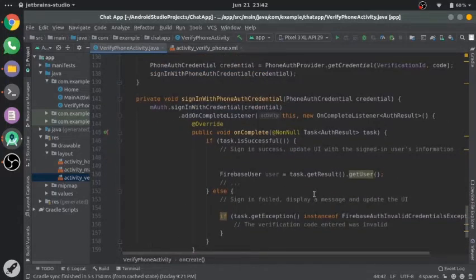Now for signing in, in the function, if the task is successful, that means all credentials are matched, then check if the flag is equal to 1. That means this number is already present in the database, so we have to send the user to the main home activity.